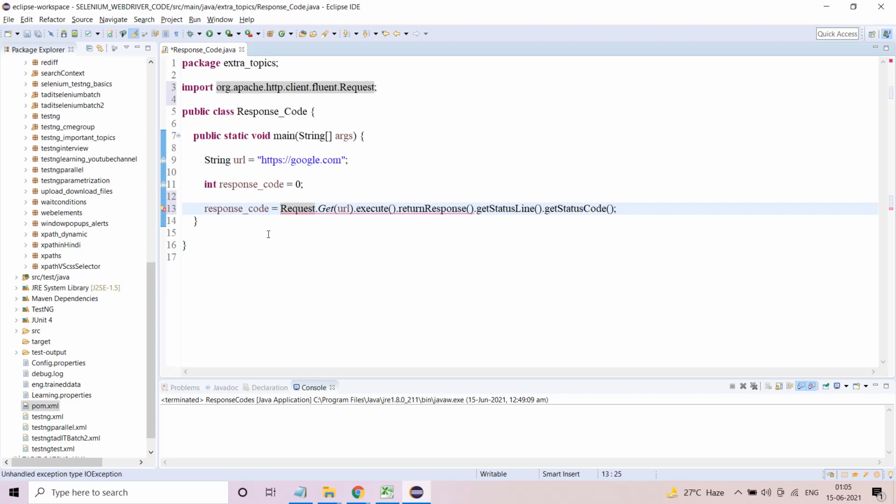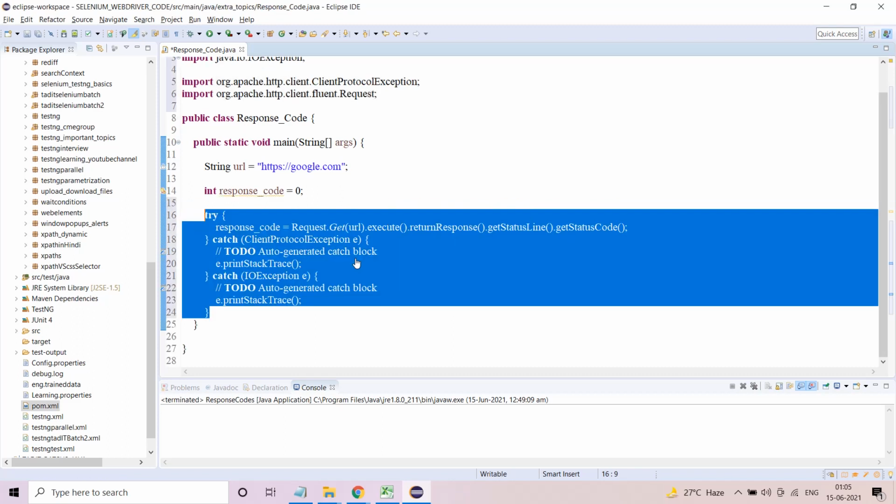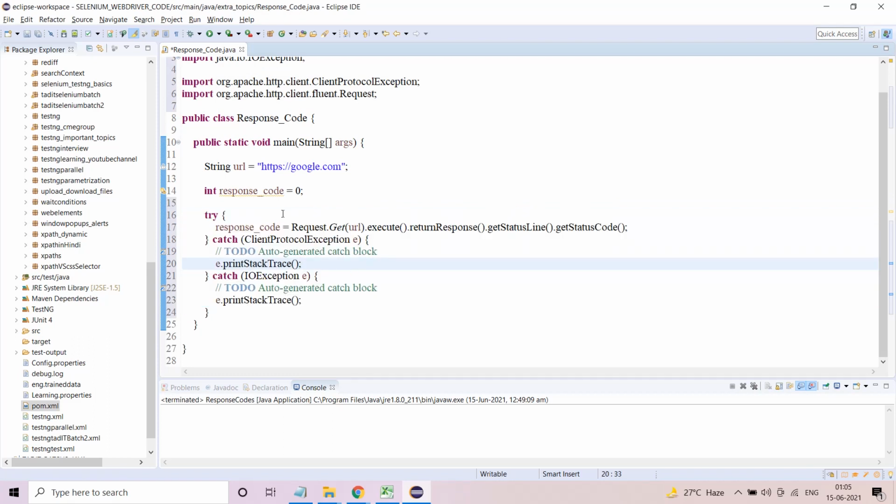Okay, now obviously it will throw a certain kind of an exception, because I hope I will make a lot of videos on exceptions, and I'll clear your doubts, and then you'll understand this. But see, either you put it in try catch block, or if you want, you can do a throws declaration. Let me put it in try catch block. You don't have to change anything, just keep it like this. This whole thing is in try catch block.